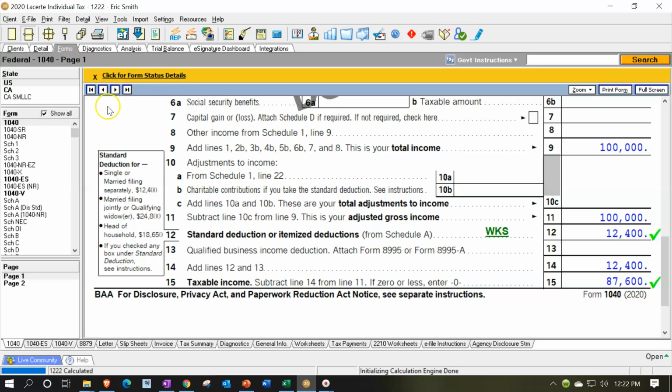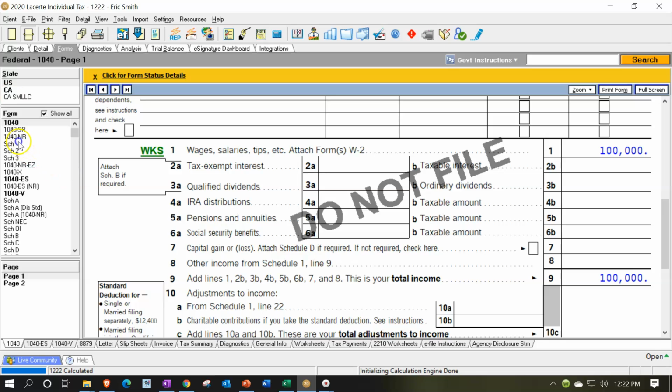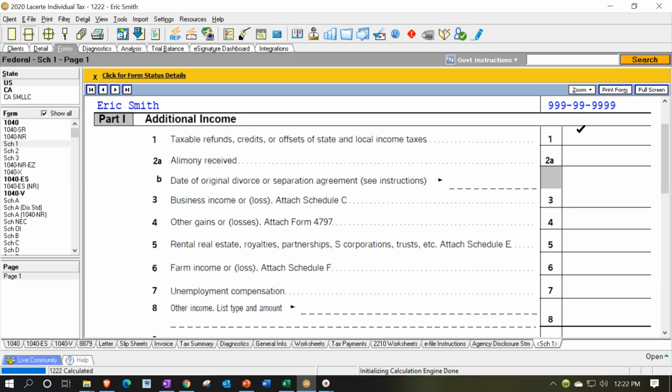So we're going to say, okay, what if I need to include that amount in income? It's not included here. I've determined that they itemized last year and it should be included in the income here.